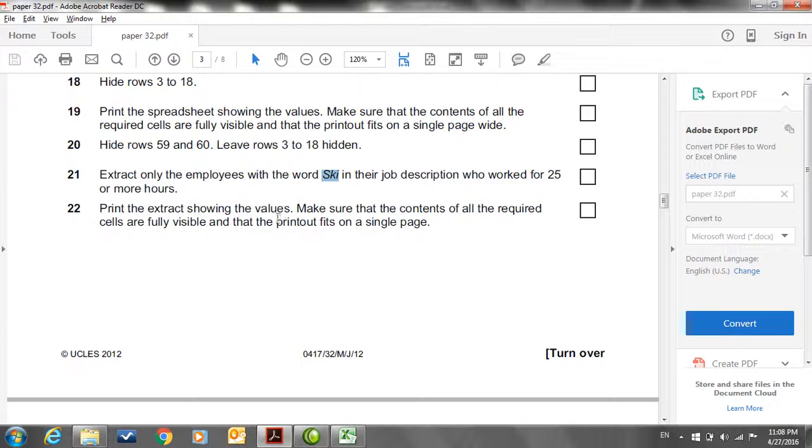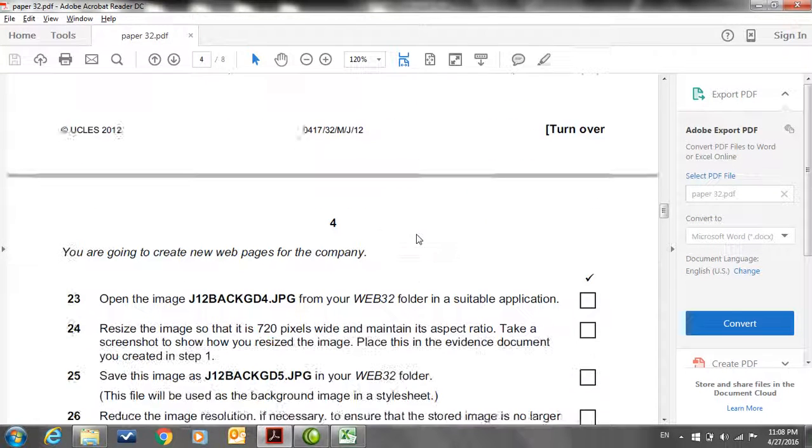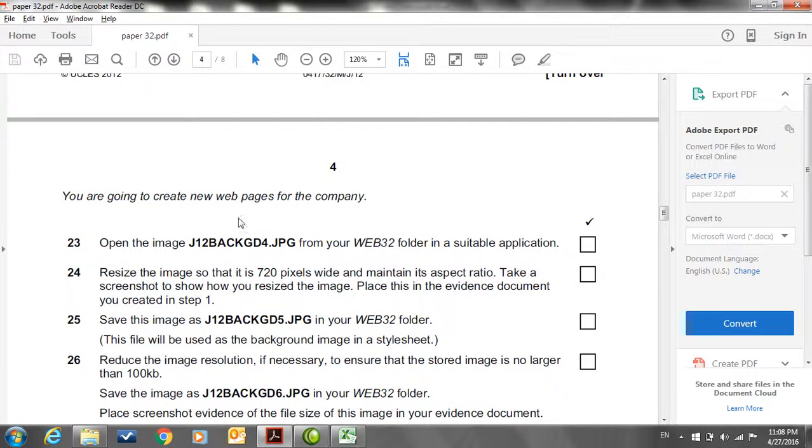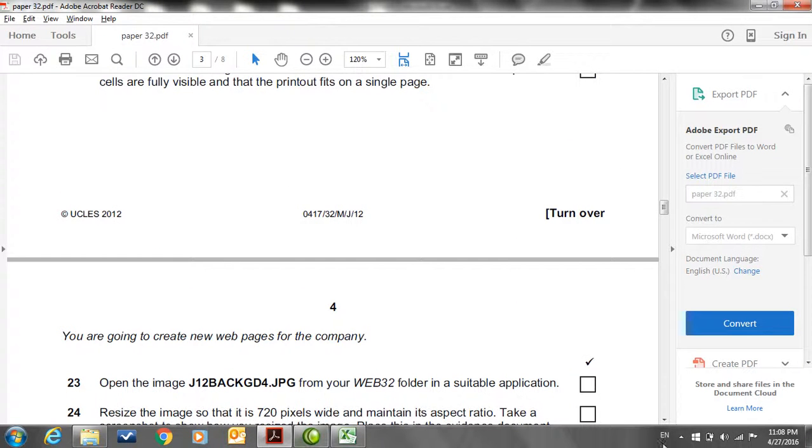Print the extract showing the values. Make sure that the contents of the required cells are fully visible and that the printout is on a single page. Okay, so you are going to create a web page for it. So this is how our